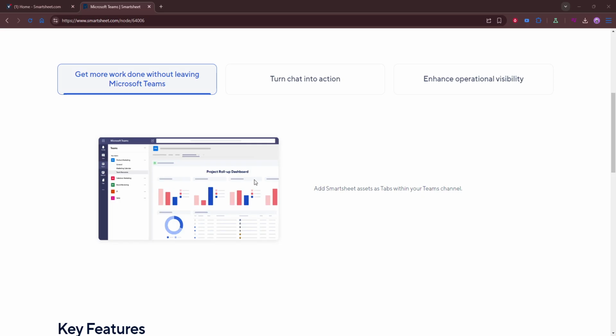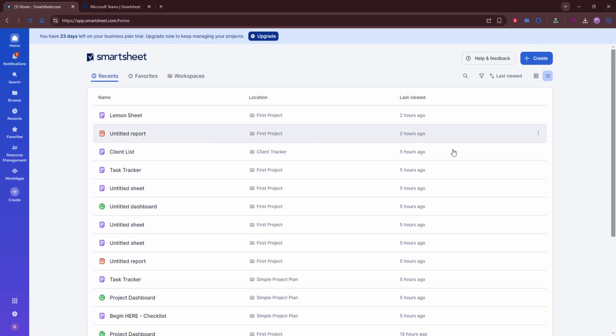Finally, add that Smartsheet item to the location that makes the most sense for your workflow. You can add it as a tab in Teams for quick access, connect it to a specific channel so your team can collaborate around it, or use it as part of a notification setup if you want updates to appear automatically. Choose the option that best matches how your team works, then complete the setup. Once everything is in place, your Smartsheet content will be available directly